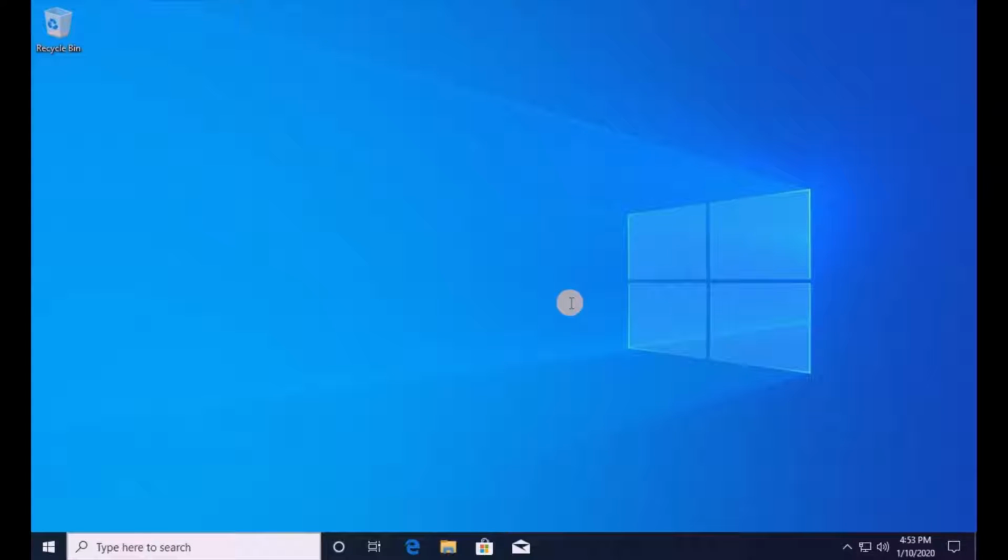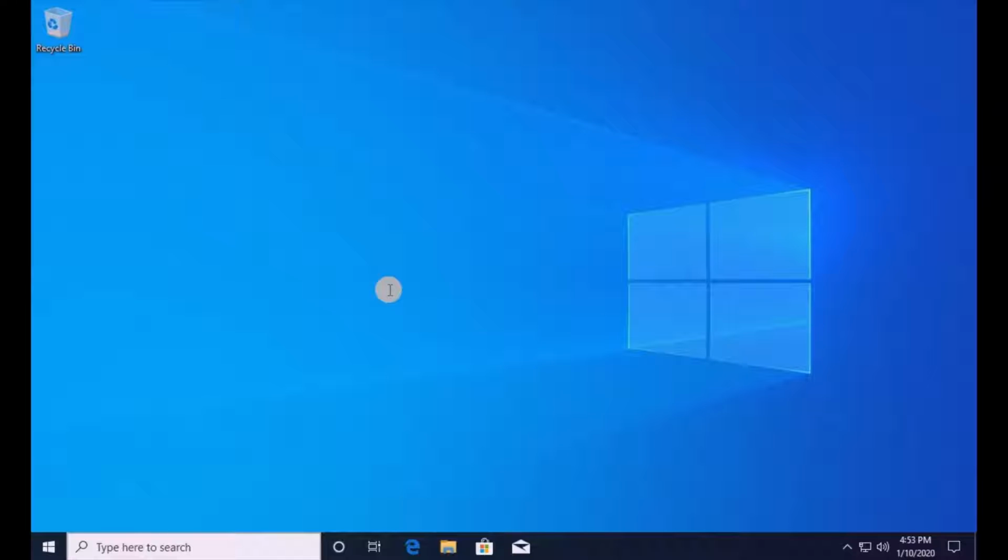So today we're going to look at how to reliably back up your files, documents, pictures, anything important on your computer using only the tools that are included with Windows 10. No need to purchase anything else. It's all here. All you need to do is make sure you have an external hard drive or a secondary